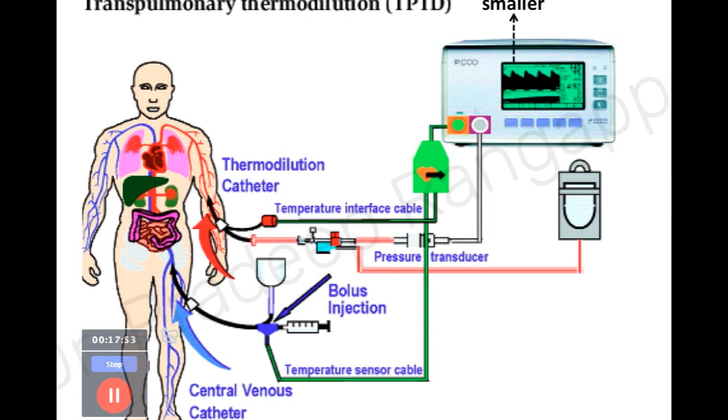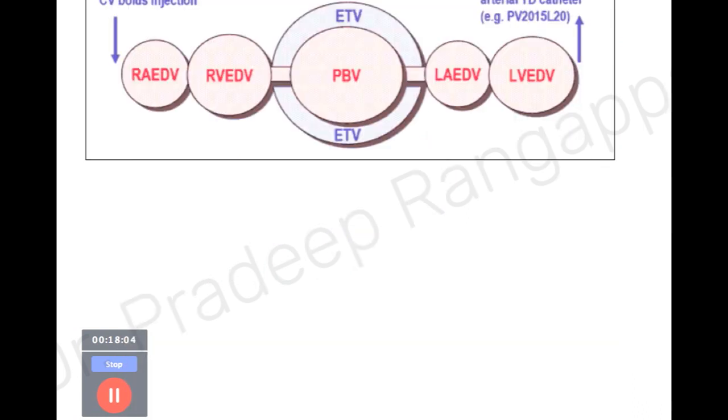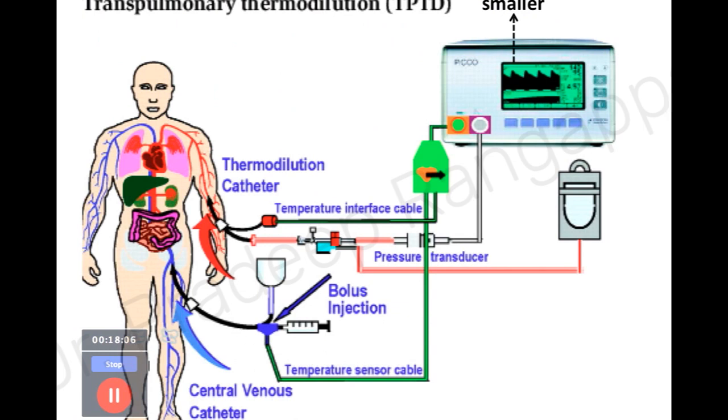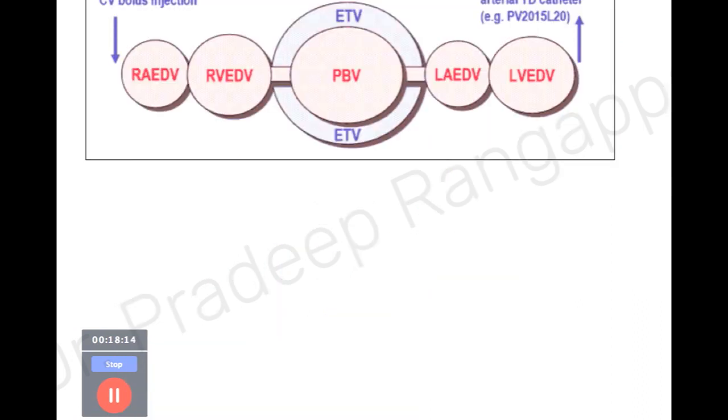But because here the transit time is huge from the venous to the arterial circulation, the wave that is created is much smaller than with the pulmonary artery catheter, where you have a better thermodilution curve. So this typical modality we use is the Pico catheter, and we used to use it a lot in Australia where I was training. So even here you get a lot of derived variables.